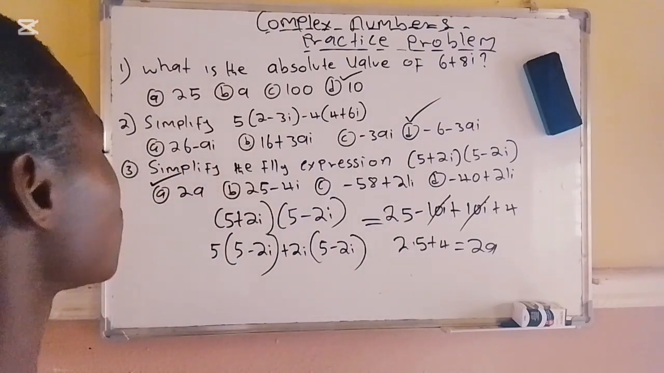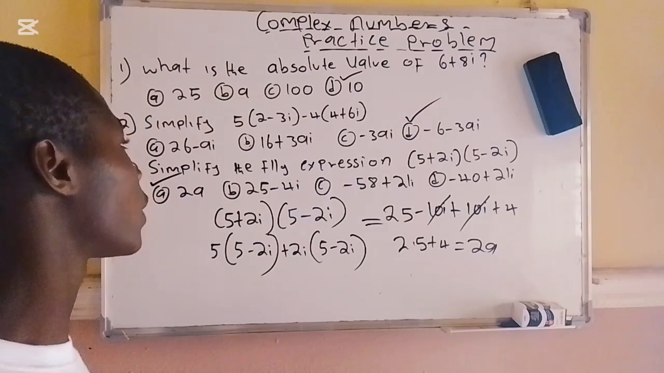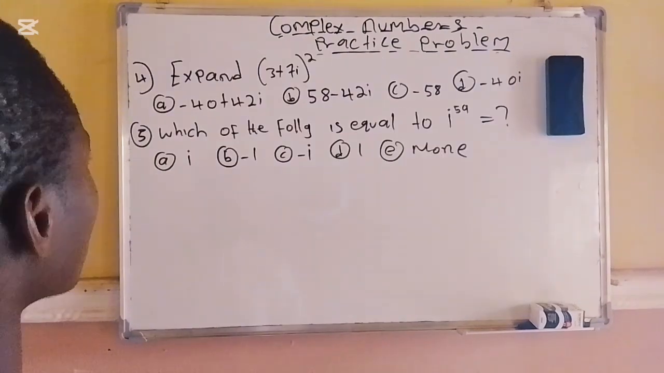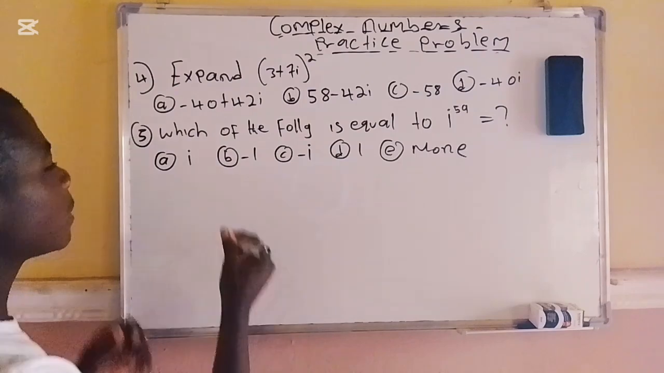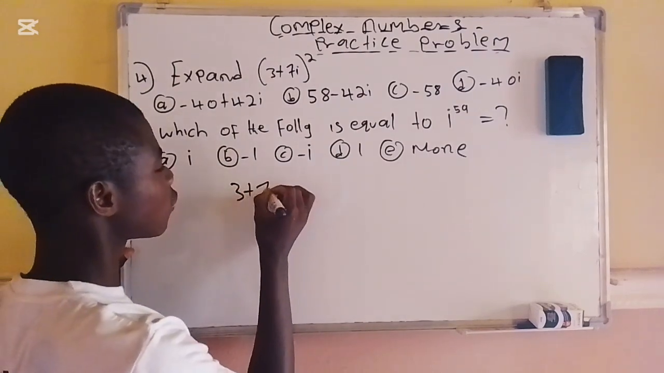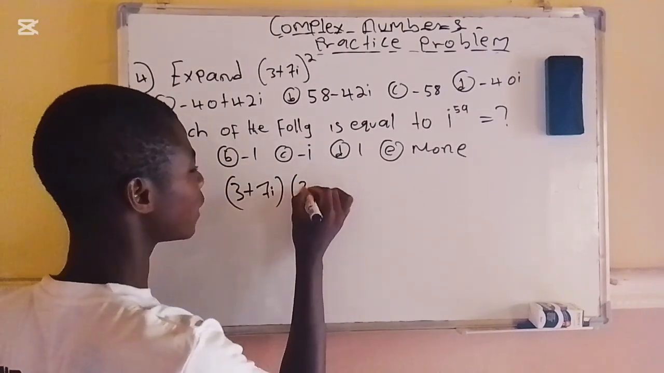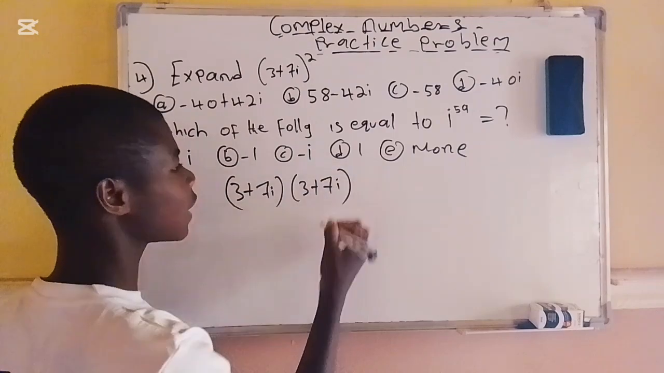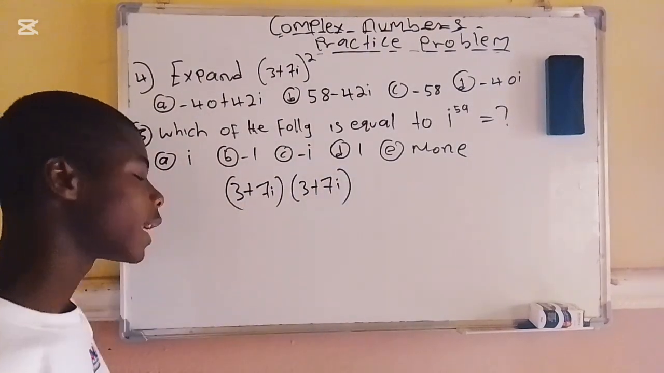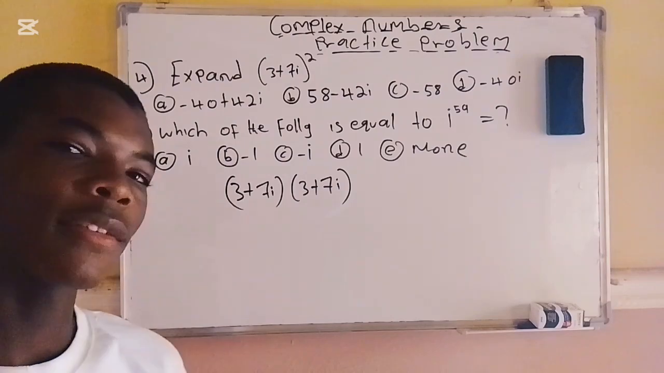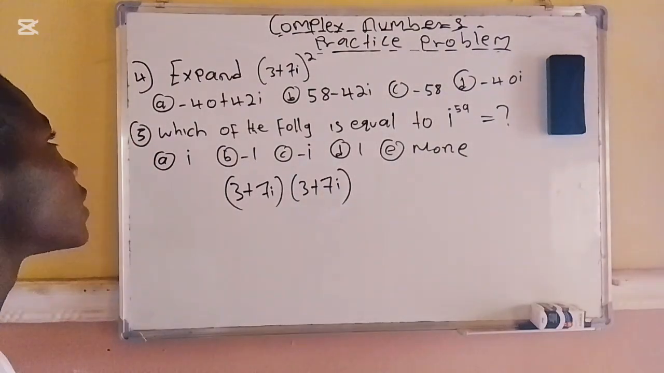So let's see another problem, whether we can be able to solve it. We are asked to expand (3 plus 7i) squared. It's the same thing as saying 3 plus 7i multiplied by 3 plus 7i. So therefore 3 multiplied by 3. I just want you to know that if I'm going to multiply